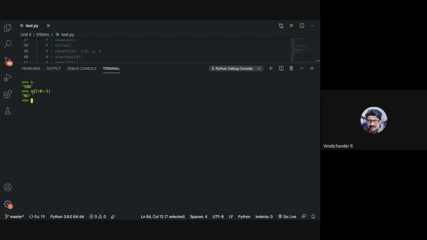So essentially this will get reversed, you mean? Well, sir, I'm not able to get you, sir. This is your starting position, ending position, and you're going backwards. From starting, if you are going backwards, it won't go to 2, because 2 is forward, like the 0, 1, 2 sequence.